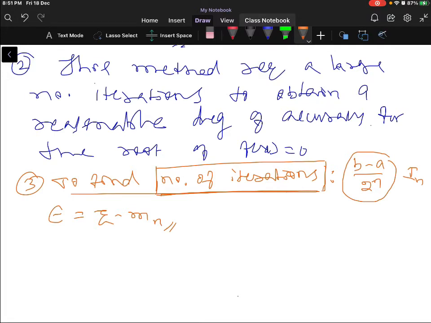So there is the error. If you assume that the error is epsilon, then b minus a by 2 power n is positive and less than or equal to epsilon. This In contains the root, that is, any one of the points in this In is a root of the equation f of x equal to 0. Therefore, there is an error in this